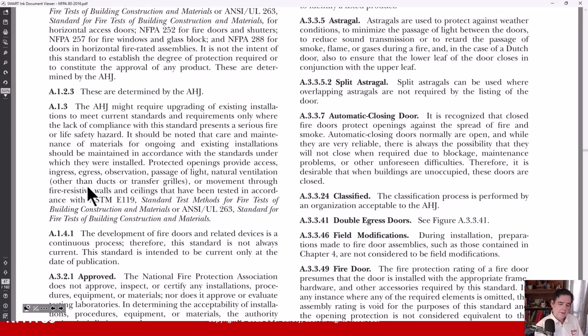Okay, so we're in A13. And this is talking about retroactivity, right? That's the title of section 1.3. And in most cases, what we're going to read, we haven't read it yet, but when we read 132, it's going to say that this book is not intended to apply to existing installations. But